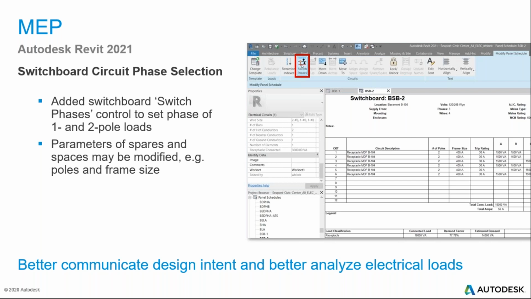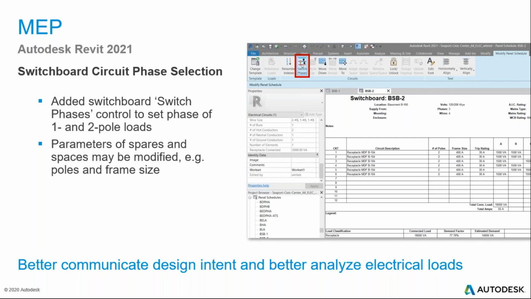Okay, another requested feature was around switchboard circuit phase selection. Prior to this enhancement, 1 and 2 pole circuits were always connected to phase A when connected to a switchboard, making it impossible for a user to specify what phase a load is connected to. In Revit 2021, a new switch phases command has been added when selecting a circuit in a switchboard panel schedule.